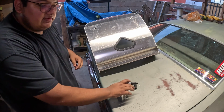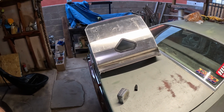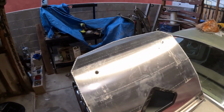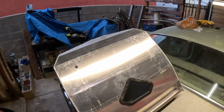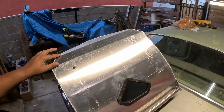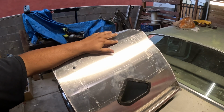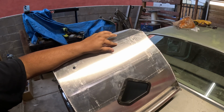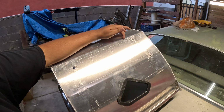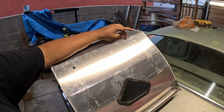kind of see it in the video. Let me pull it up here. Depending on how the light, oh yeah, the light actually illustrates it perfectly. So you can see right here where it's silver, and then right here where it gets extra shiny is where the bend is, where the center of that bend is. So I'm measuring off the very edge of that bend towards the bottom, towards the flat side, and then